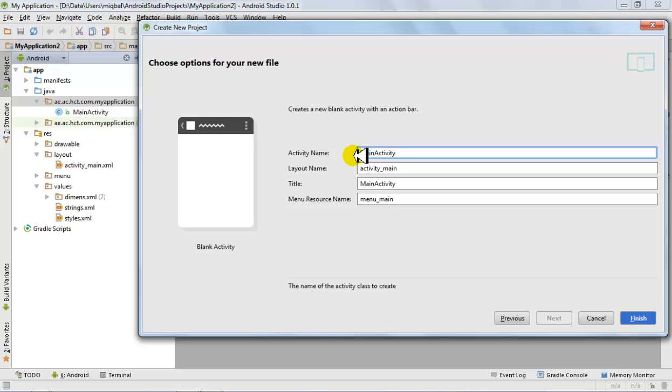This is the activity name. You can give it a name. This is the XML file name. The user does not get to see this. This is the actual title which appears over here. So you can have a different title and a different activity name. It's up to you, the programmer. So I'll have, for example, a title called